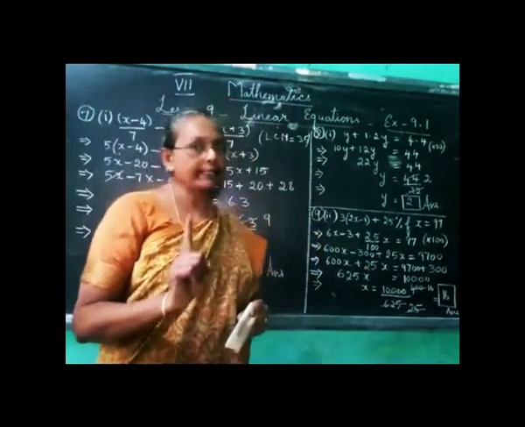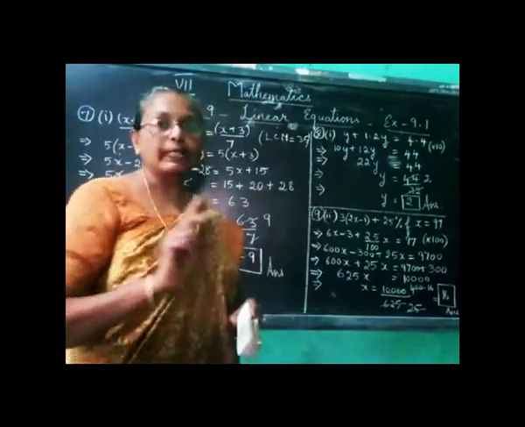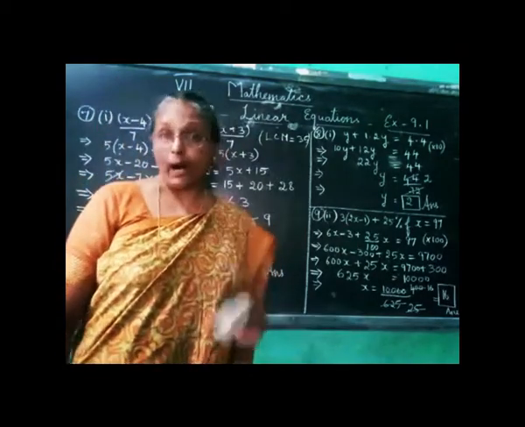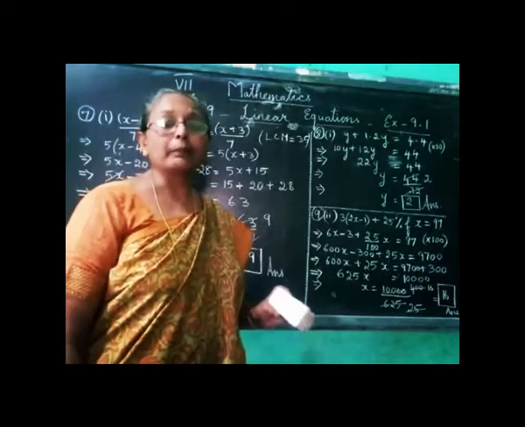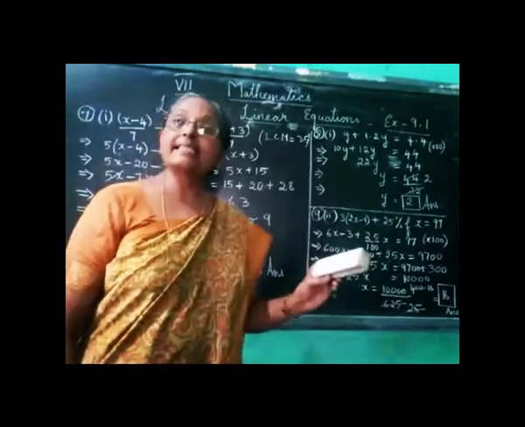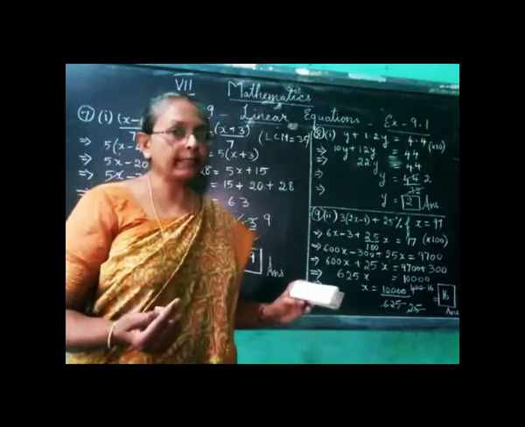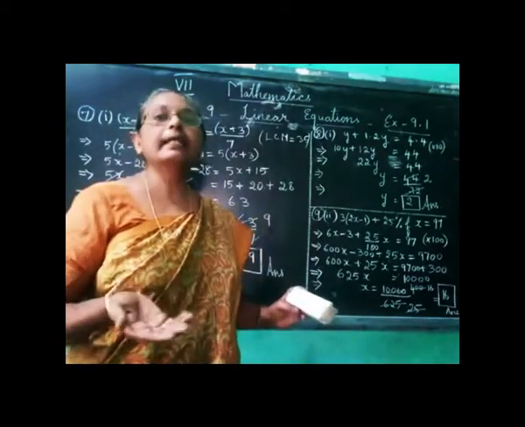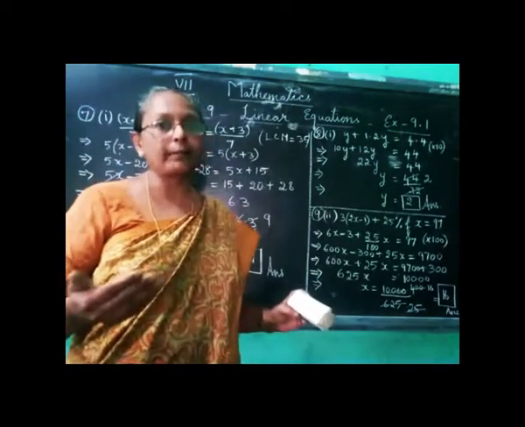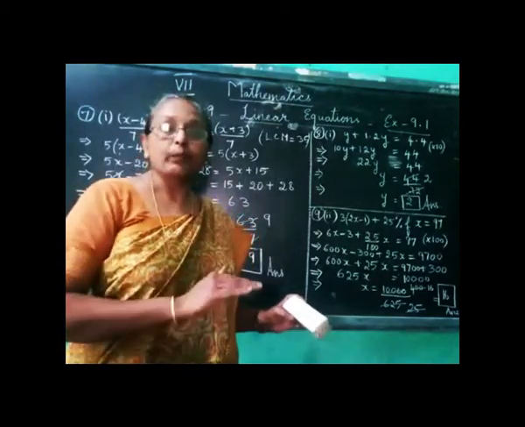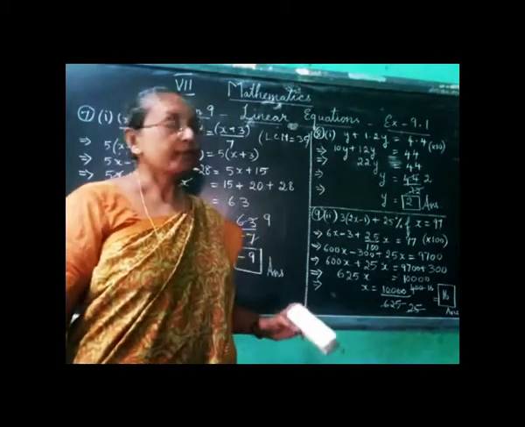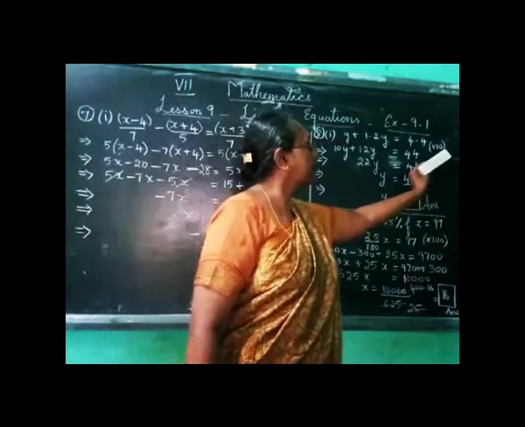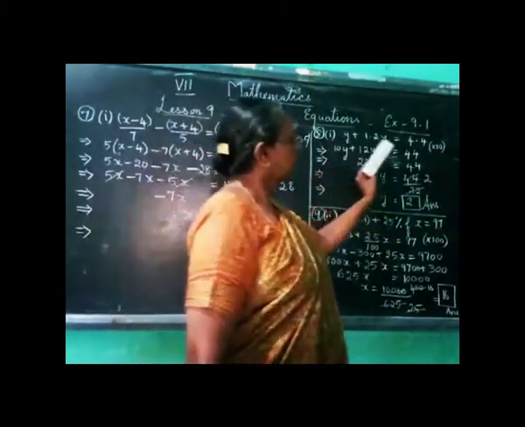So there is only one decimal place in 1.2 as well as 4.4. So the maximum number of decimal places is only 1. In that case, we have to multiply every term by 10. If it is one decimal place, we have to multiply by 10. Suppose there are 2, then by 100. 3 decimal places means we have to multiply by 1000. In that case, we can remove the decimal point. So we have to multiply by 10 throughout. Multiplying by 10 throughout the equation.